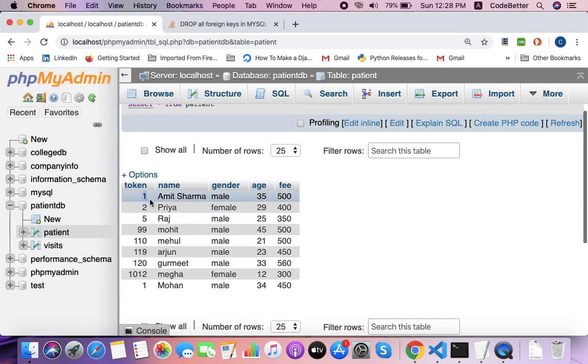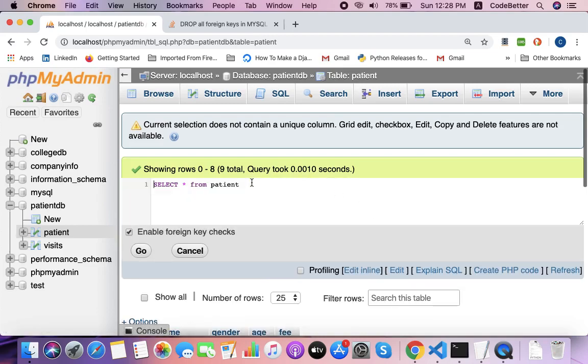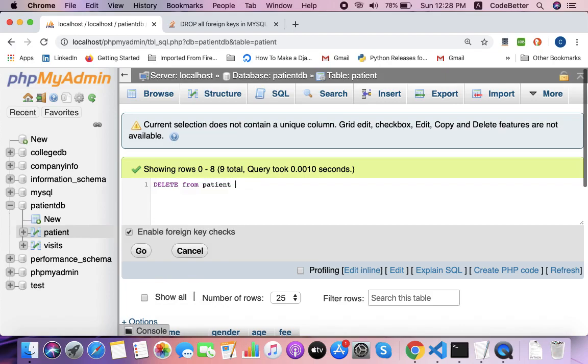To restrict this, we should make the token number column a primary key. So we apply the primary key constraint, the primary key rule. But before that, we need to remove the duplicate first. So let us remove Mohan's record: delete from patient where name equal to Mohan.